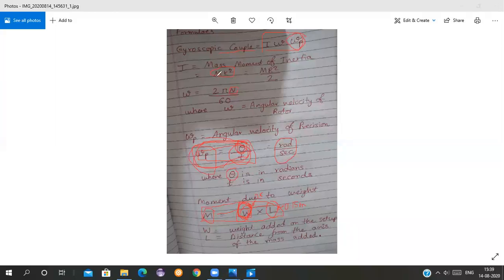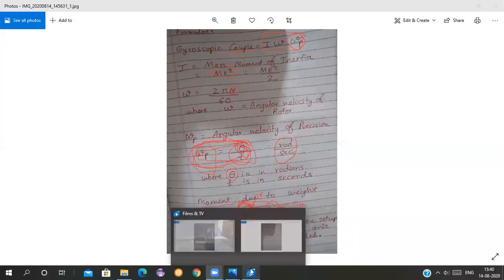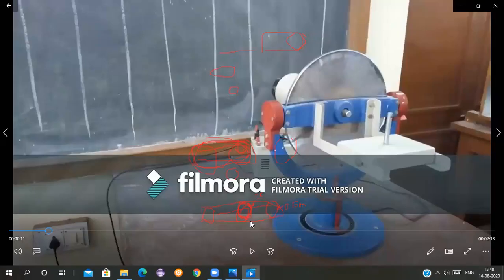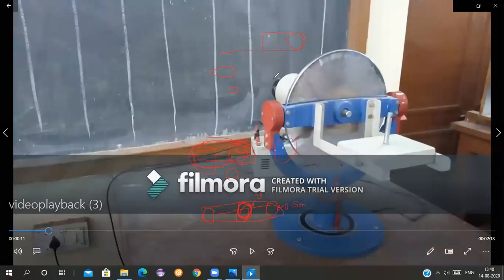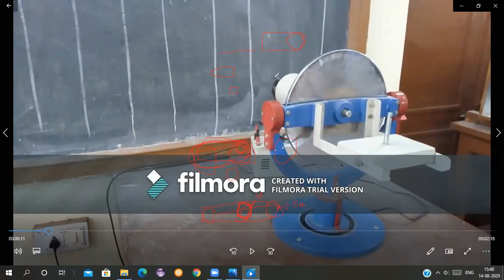So see, now I want to make you understand the practicals. The main basic point is that when the axis is changing, only then will the gyroscopic couple act. When the vehicle is moving straight, there will be no gyroscopic couple. When the aeroplane is moving straight, there will be no gyroscopic couple acting. Only when there is a turn does the gyroscopic couple act. All of you might be knowing this. It might have been taught by Zia sir.